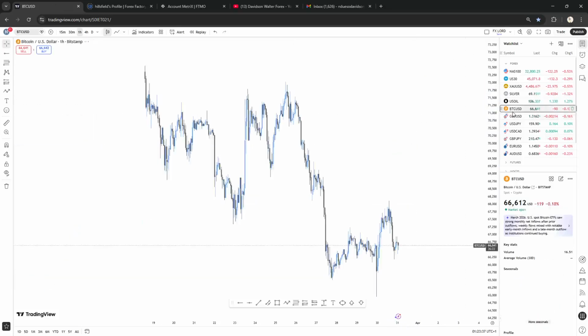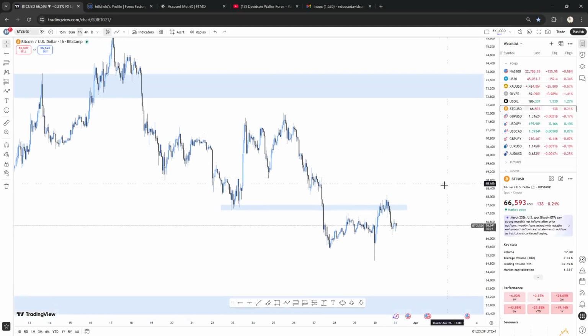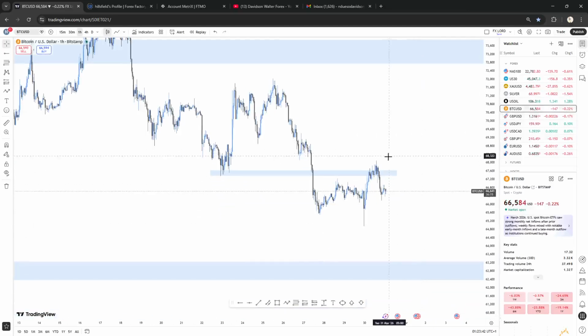Then for BTC USD, for guys that trade BTC, I don't really trade BTC, but trust me, every time I do analysis here, it always takes me out. So this was what I saw last night. As at last night, the market was at this level, doing something like this. At the opening of the market, it fell down. BTC dropped to this level, to 64,000.